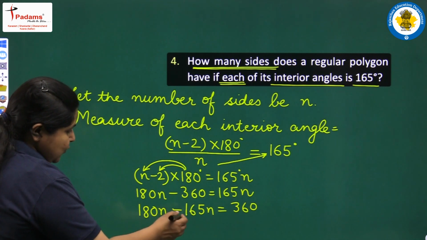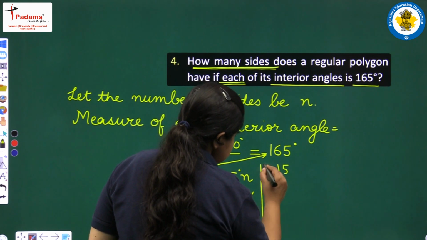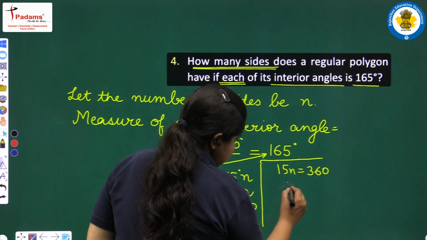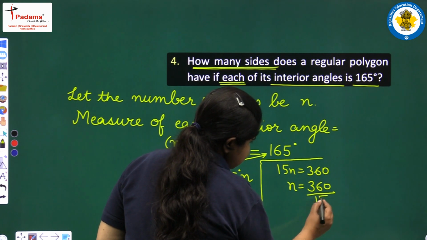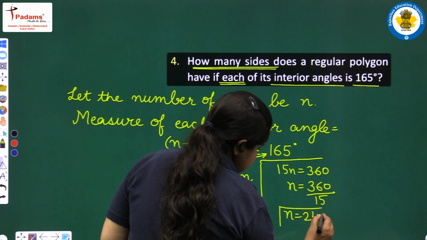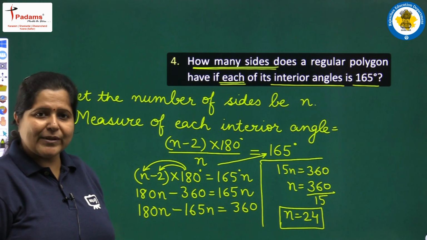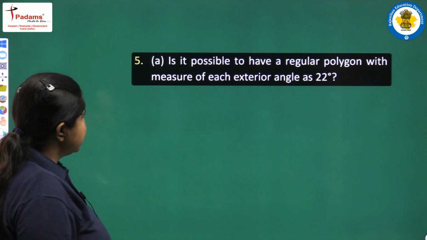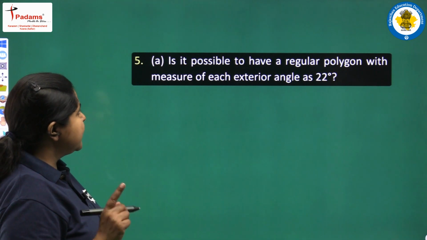Now, we will solve these two, subtract the 2, you will get it to be equal to 15n equal to 360, and this will give us n equal to 360 upon 15, and this is equal to 24, which we had solved a short while ago. So, the number of sides is 24 in this case. Clear to you? Then we have another question which says, is it possible to have a regular polygon with measure